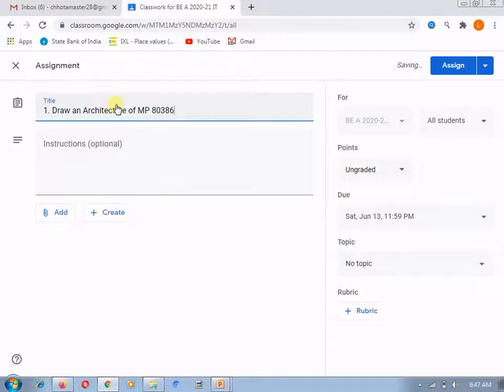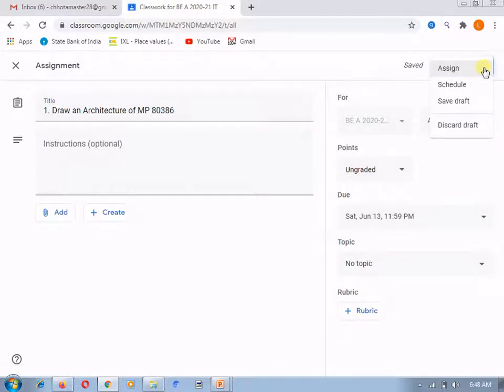Suppose I want to give only this question as an assignment. Here I don't need any document or anything else. I have already set all the things, and I will click on this assign button.